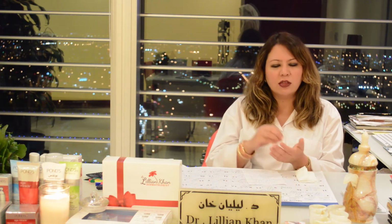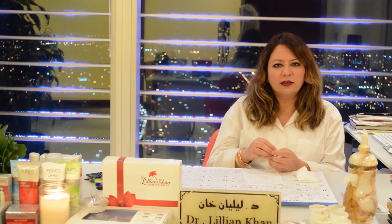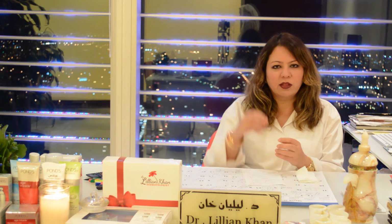The other thing that we can do is mesotherapy injections. If it's suitable for their condition, we can always do hyaluronic acid injections, and these injections actually do internal moisturizing. Now, I'm a big fan of the PRP, which is the plasma injections for skin rejuvenation. And now there's a new group which actually contains hyaluronic acid. So it's a mixture of the plasma and the hyaluronic acid, which we can inject into the skin,